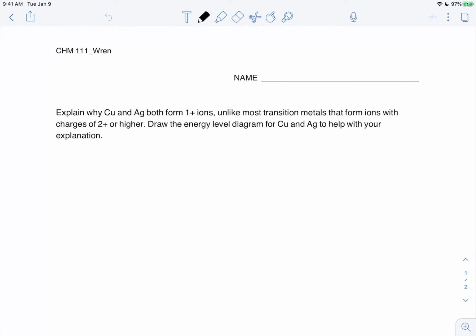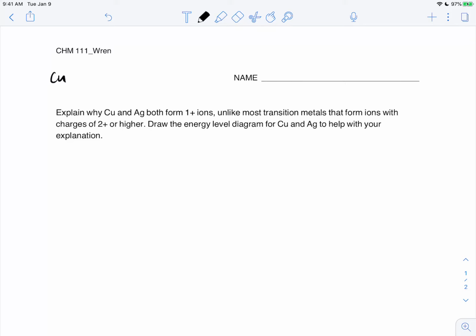Okay, so besides the fact that transition metals have exceptions with regard to how we go from an atom to an ion, they fill in the same way as every other element on the periodic table, using the same rules, when you're just doing the atom. But again, when we ionize, we see some differences. And even within transition metals, we have a couple that are going to have another exception, and those are going to be copper